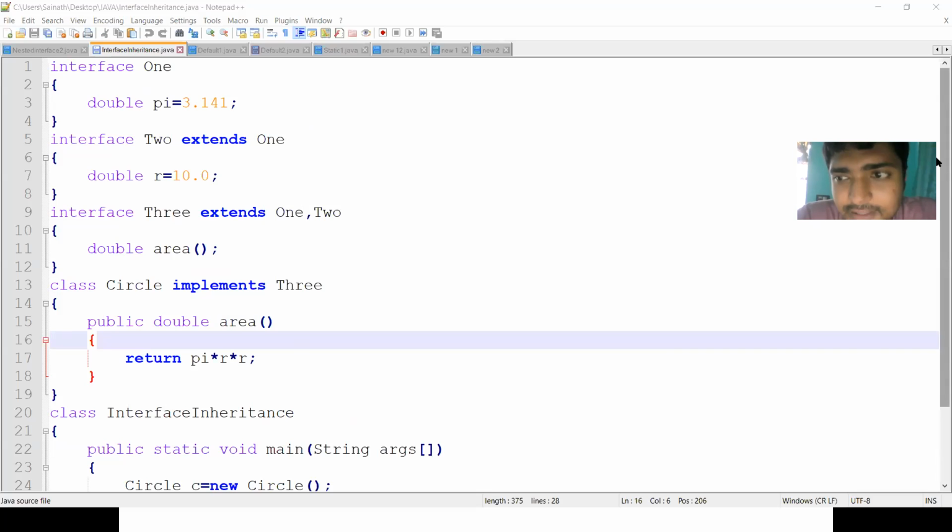Treat the interface as a class. There are some similarities between classes and interfaces. Most of the properties can be the same in an interface and a class.